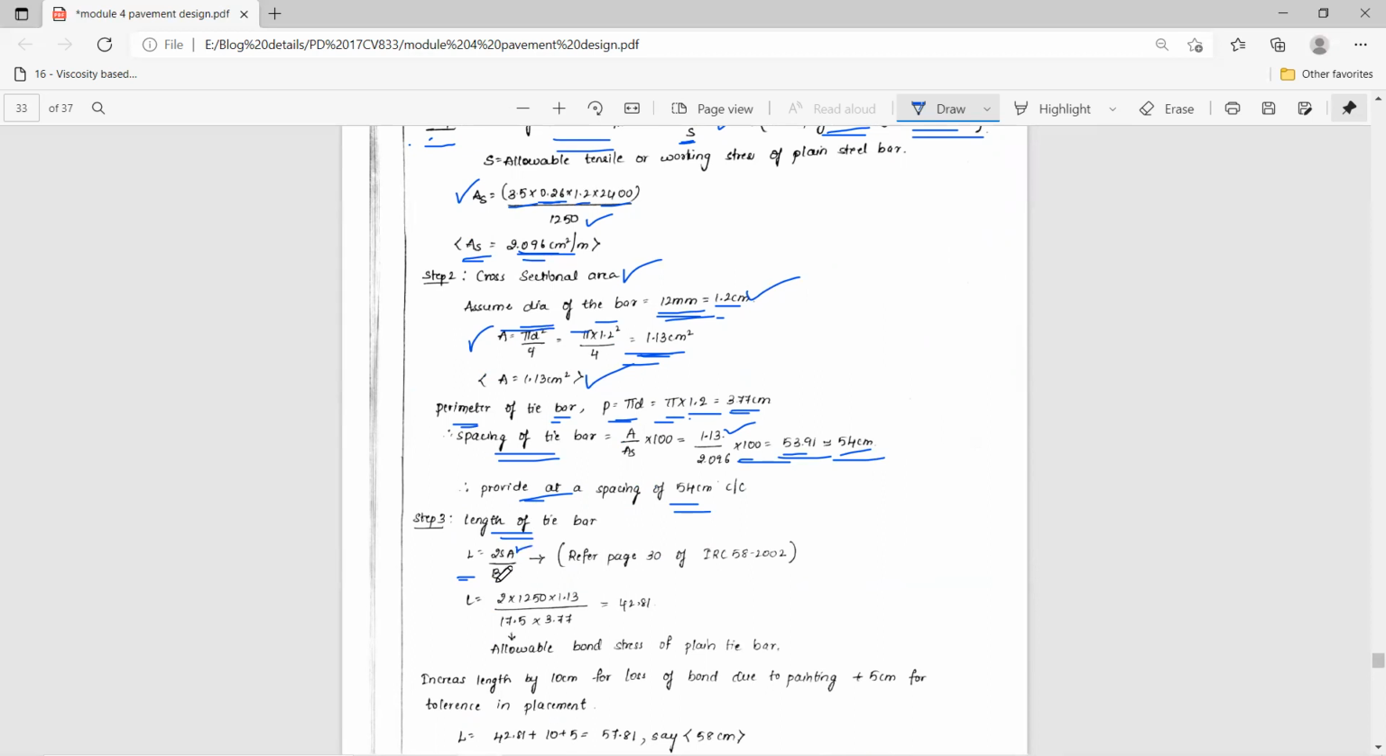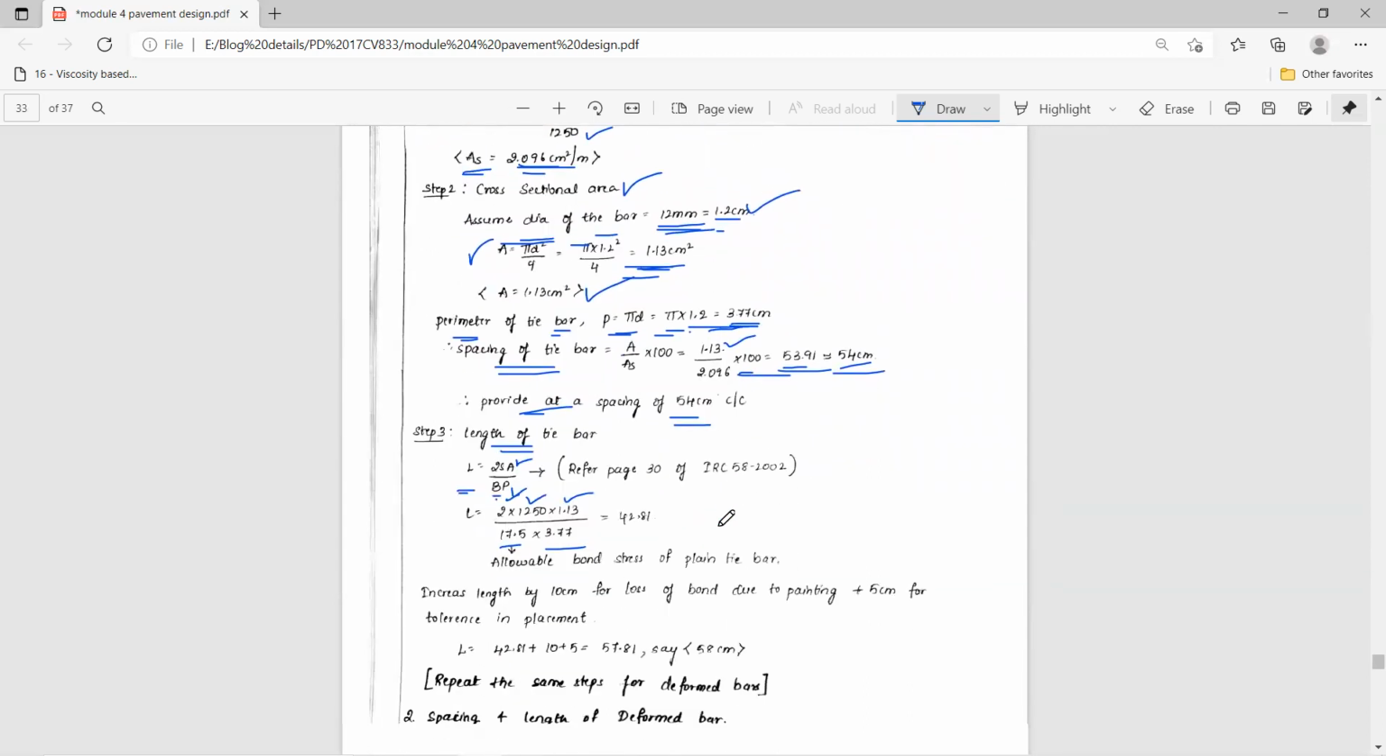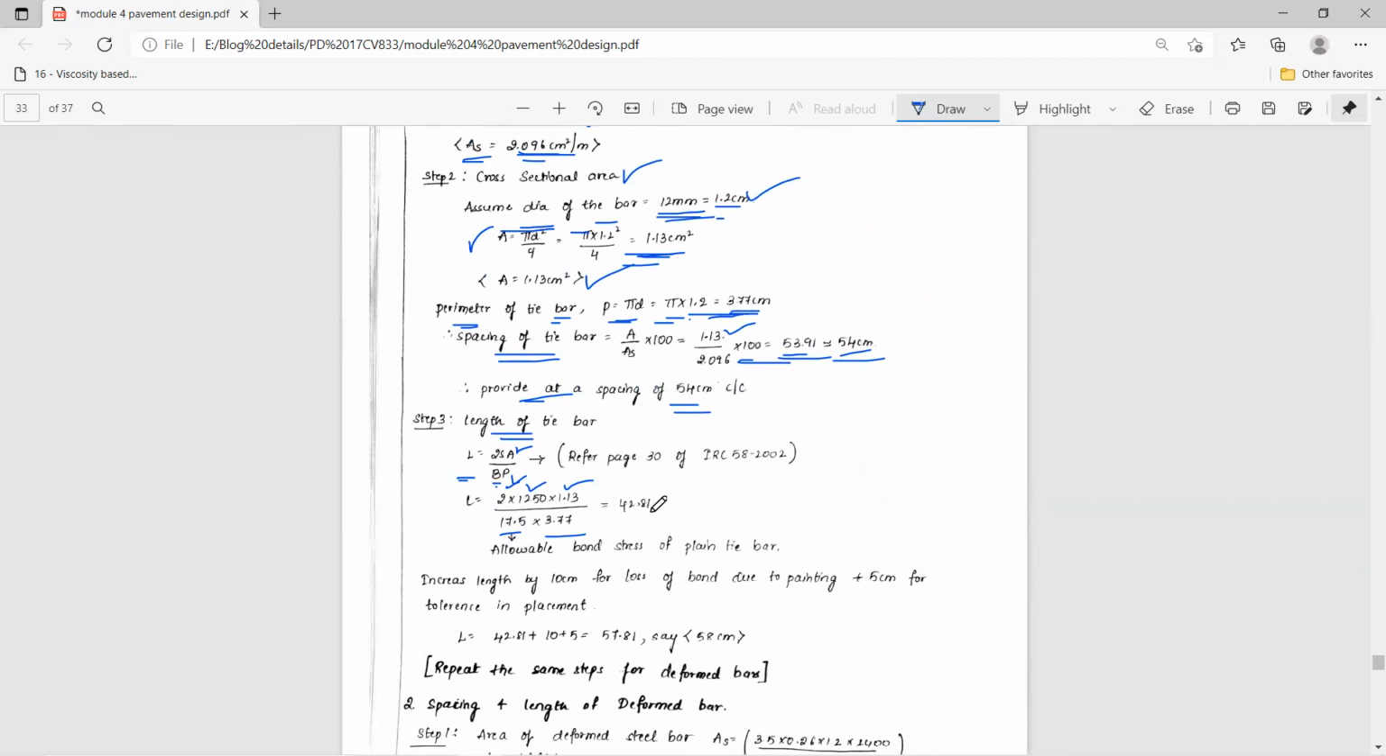Then B stands for the allowable bond stress for the plain tie bar, that is equal to 17.5. And P stands for perimeter. All the values are available here. Therefore, 2 into 1250 into 1.13 divided by the allowable bond stress in plain tie bar, 17.5, multiplied by the perimeter, which is 3.77 as you calculated here. So the length of the tie bar is equal to how much? 42.81